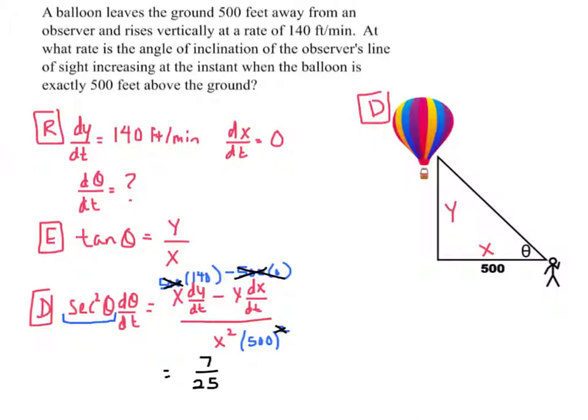I'm going to go over to my triangle. I'm going to label it. Okay, at this point, this is 500. You could use Pythagorean theorem, 500 squared plus 500 squared, and square root that. It comes out to be 500 square roots of 2. Okay, if you want to use your 45-45